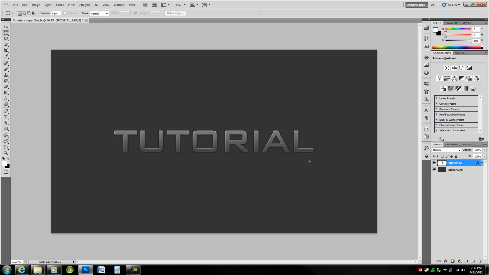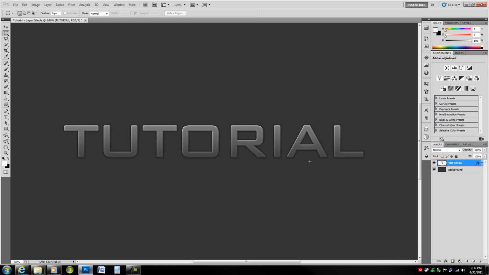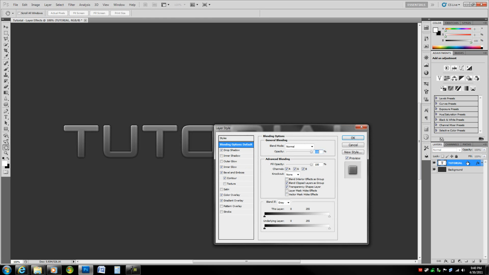This one's detailing layer effects and layer styles and creating some really nice professional text using layer effects and layer styles like you can see here. This is what we're going to create in this tutorial. This really nice professional sleek text with nice highlights and shadows, and you can see if you double click on the layer tutorial in an empty spot of it, you can see it involves about 6 or 5, depending on if you consider contour a layer effect, but about 6